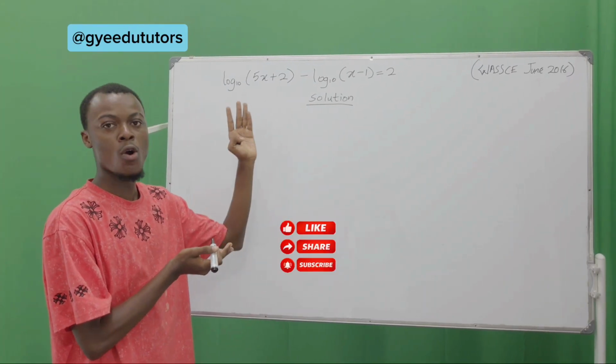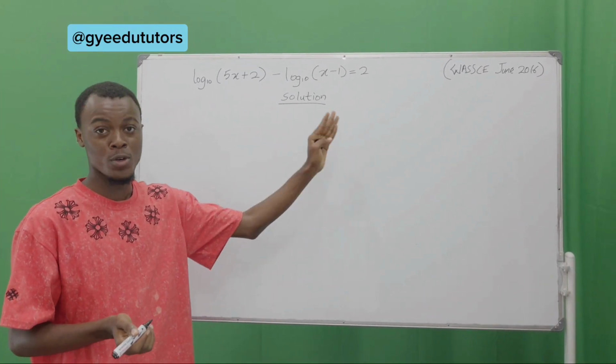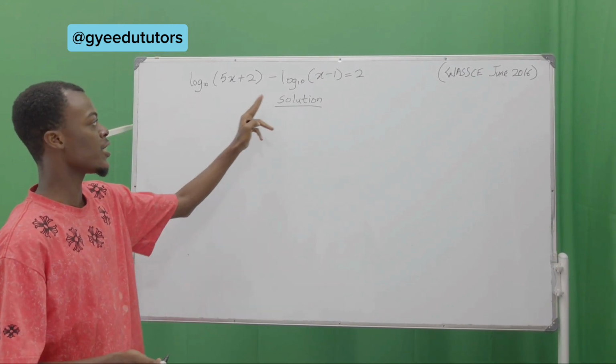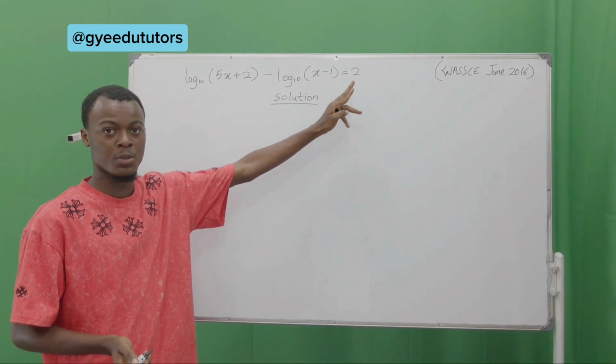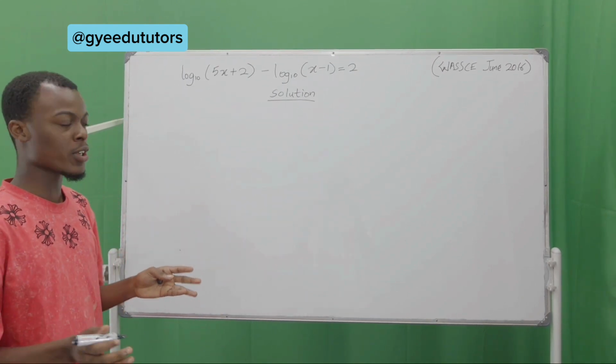Make sure that they all have a common base, okay? So here you have log 10, here you have log 10, but you have 2 here, okay? And one of the properties of log is when you have,